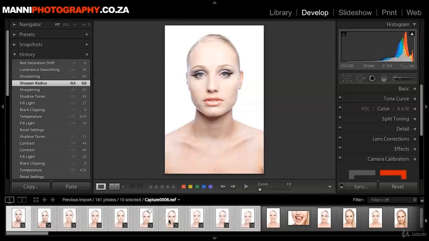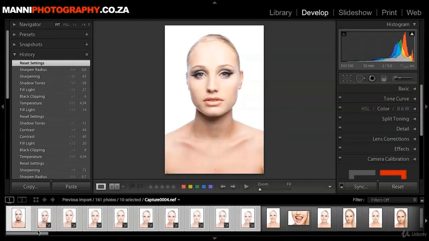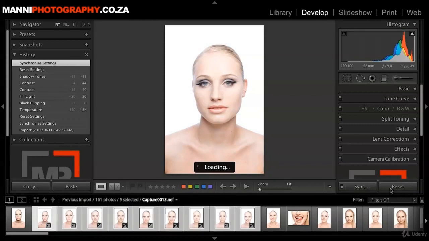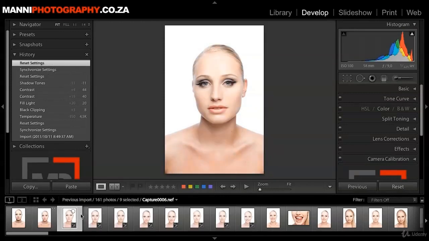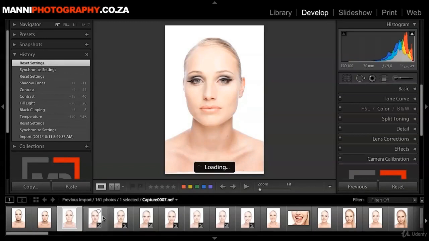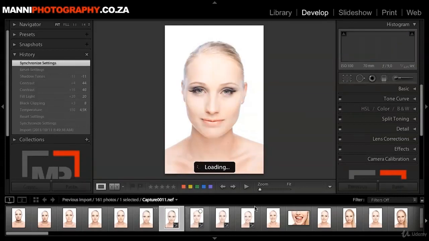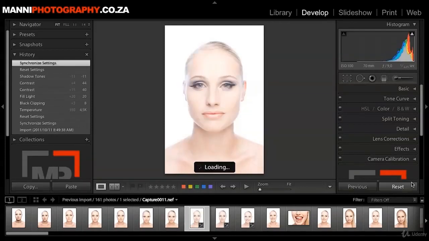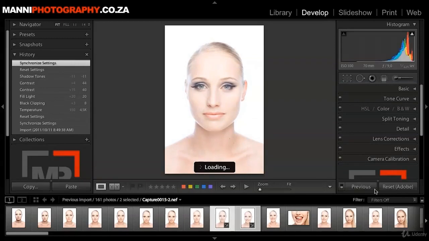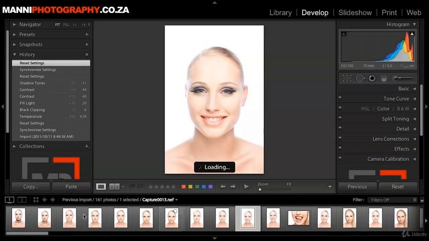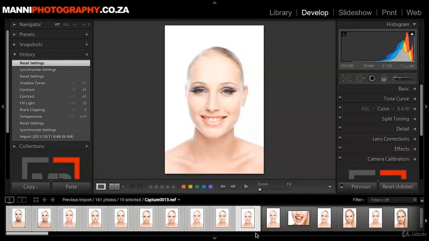So I'm going to select all of these again and I'm going to hit reset over here. So I'm going to reset them to pretty much the normal mode again. Hopefully it works. Select them again, say reset again. Okay, I'm going to reset them just individually. Select that one and the next one. Another one. Another one. And this one. Okay, so I've selected these images and reset them, so I'm going to select them all again,